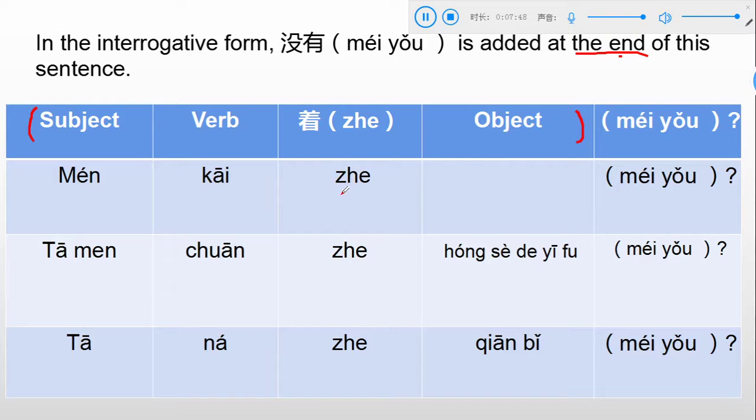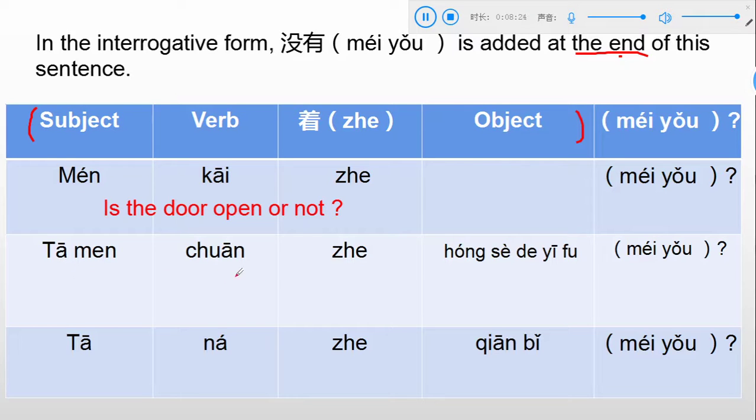门开着 means the door is open. And then if we add 没有 at the end, this sentence becomes the question form. We say 门开着没有？跟我读，门开着没有？ Take a guess. What does this mean? It means, is the door open or not? We say 门开着没有？